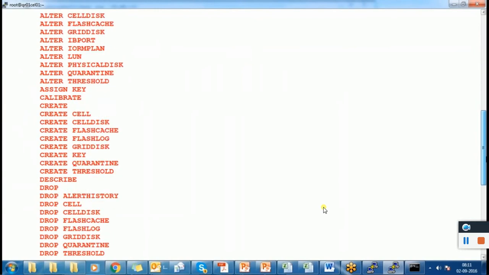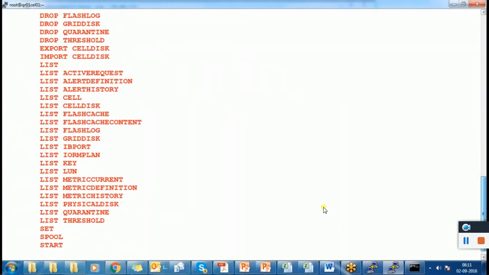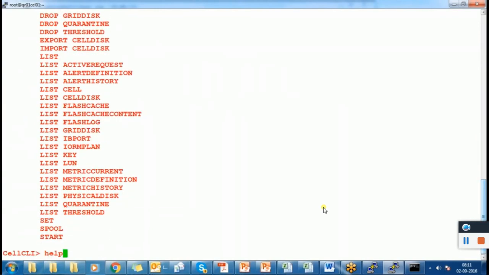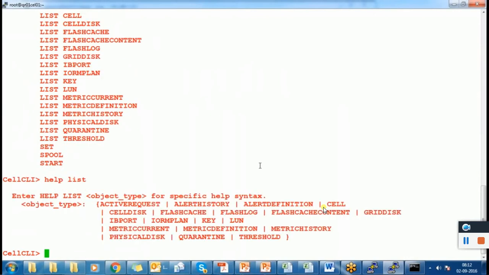If you want help about a particular command, help list is a command. Initially, we'll be using the list command very often. It will show you the usage and syntax of the list command. So that way you can get online help.